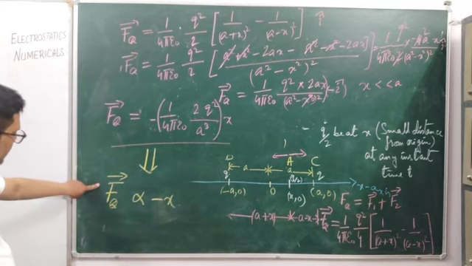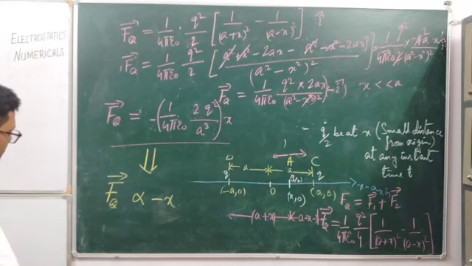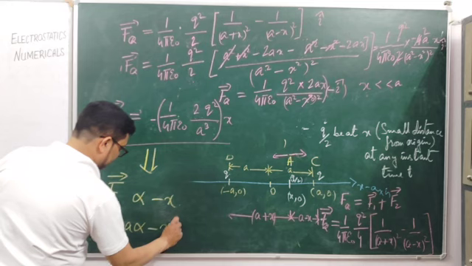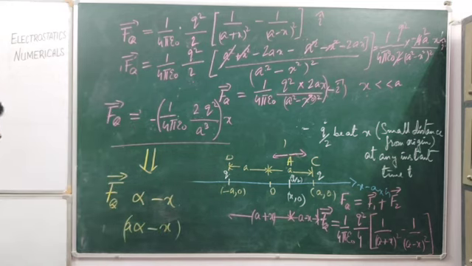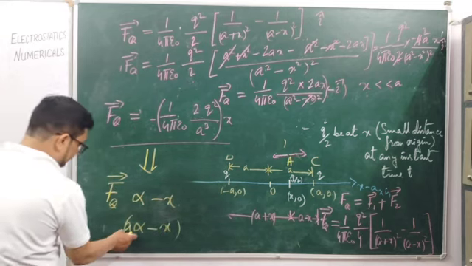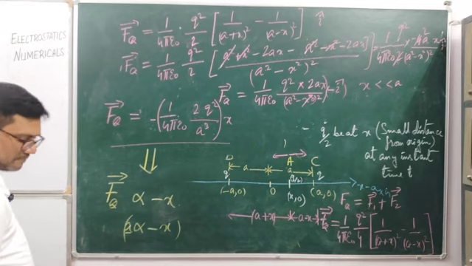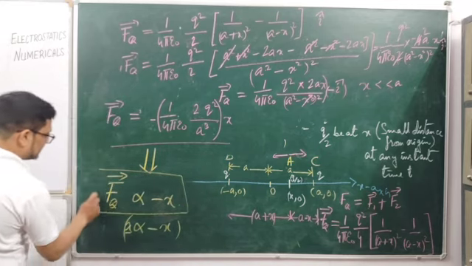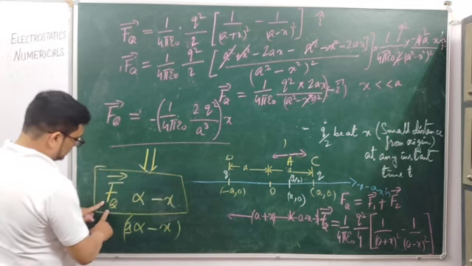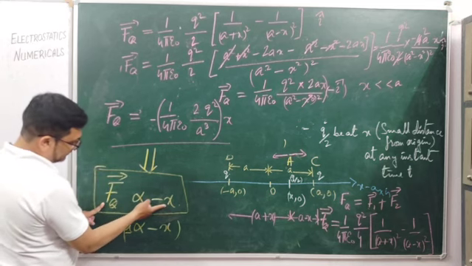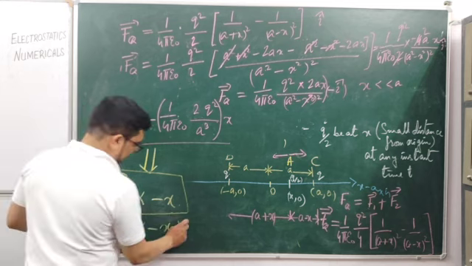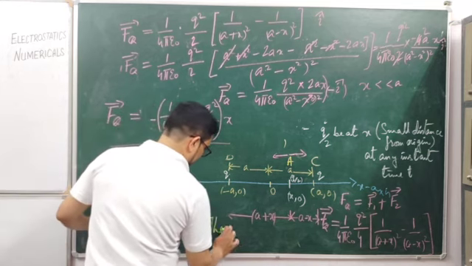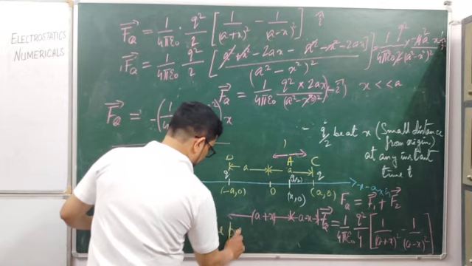And there's a mass also given, so we'll be able to deduce that a is proportional to minus x, which certainly means the acceleration is proportional to minus x. Simply we can deduce from this equation, if the force is directly proportional to the negative of the displacement happening, then we can conclude the particle executes